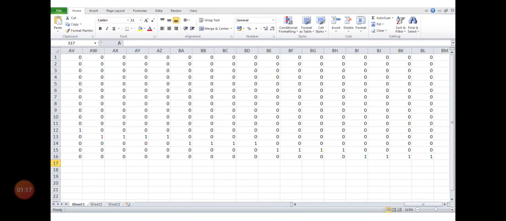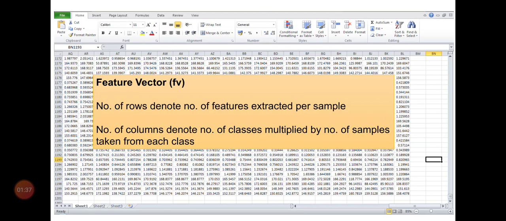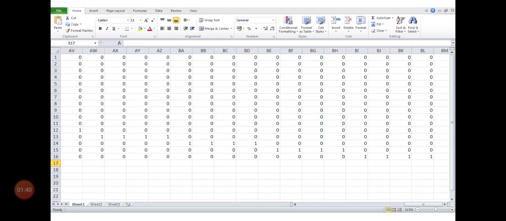Next you need a target vector. The target vector denotes in which class a particular sample belongs. Here you can see that for each column there is only one 1. That means each column denotes the feature values of one particular sample in the FV vector. If that sample belongs to one particular class, then at that point in the target vector the value will be 1 to represent which class it belongs to.